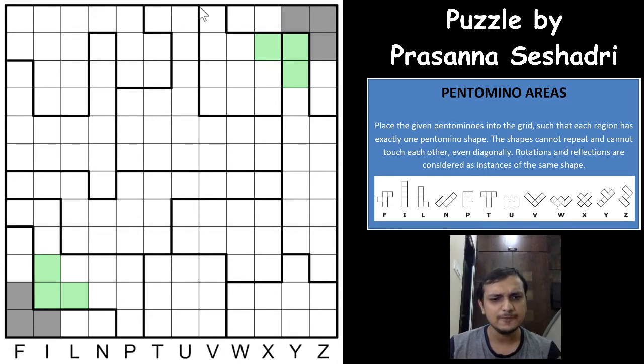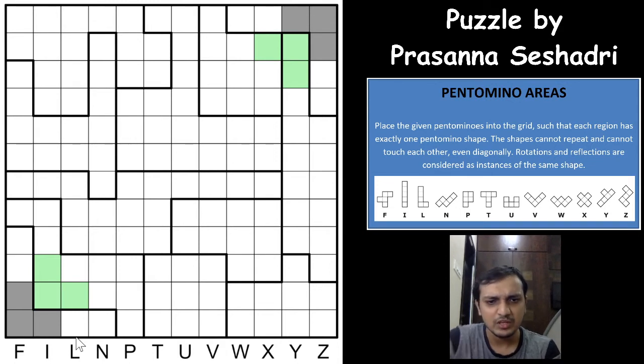Now as you can see here, these two shapes can form exactly 2 pentominos, and those are already fixed, which means that this shape can either be an L or a V. So if you start from here, it is L, if you start from here, it is V, or if you start from here, it is L. So this shape will form either an L or a V, and this shape will also form an L or a V. So now we are sure that these shapes are L and V for sure, but in which order, or which region will take which shape, we are not sure of.